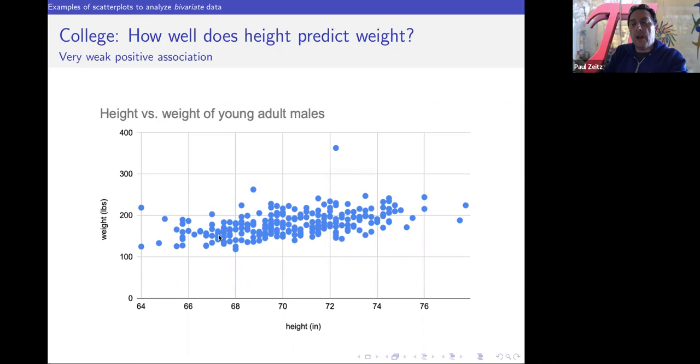But is there really a way to say, so here's an interesting question. Suppose all you knew about somebody was that they were a young adult male, and you knew their height. You knew that they were, say, 6'2" tall. What if you had to say what their weight would be? Obviously, there's no way you can be completely sure. But let me use an analogy that I think I mentioned in some of the previous sessions. So suppose your job, you have to guess.